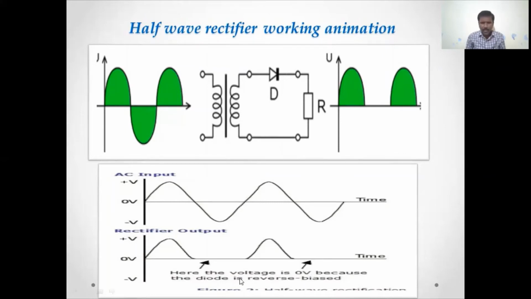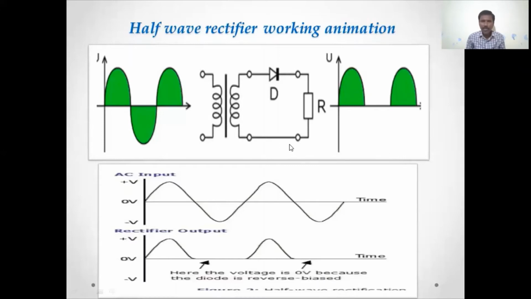That is the diode. The diode gives output only for positive cycles. Why? Because in the negative cycle the voltage is 0 volts, since the diode is reverse biased. So why are the negative cycles not collected? Only positive cycles are collected by this load resistor. When the negative cycle is input to this diode, the voltage becomes 0, because the diode is reverse biased.